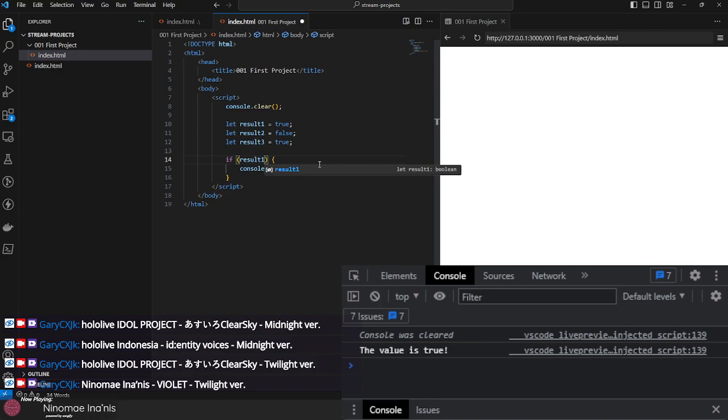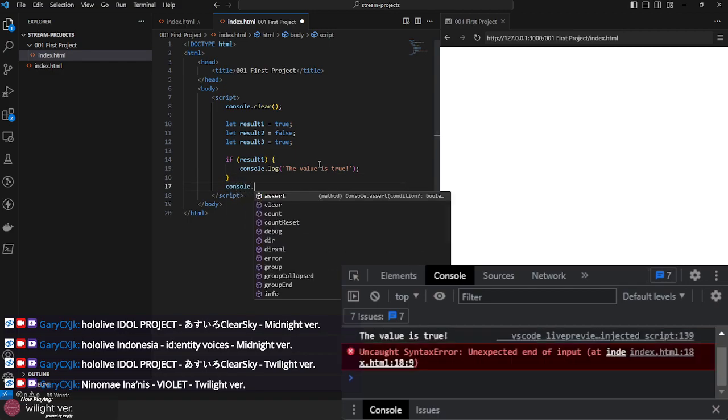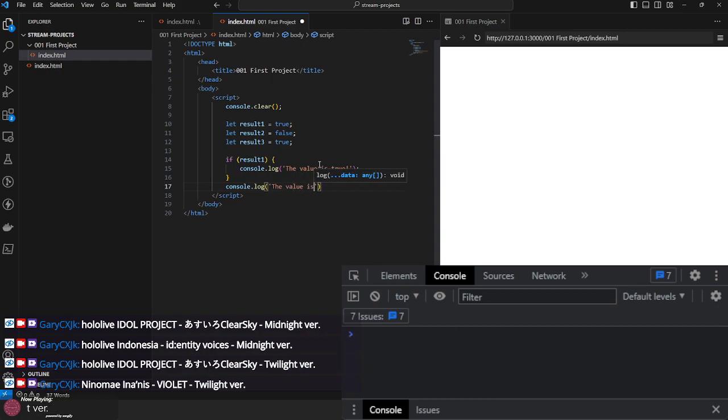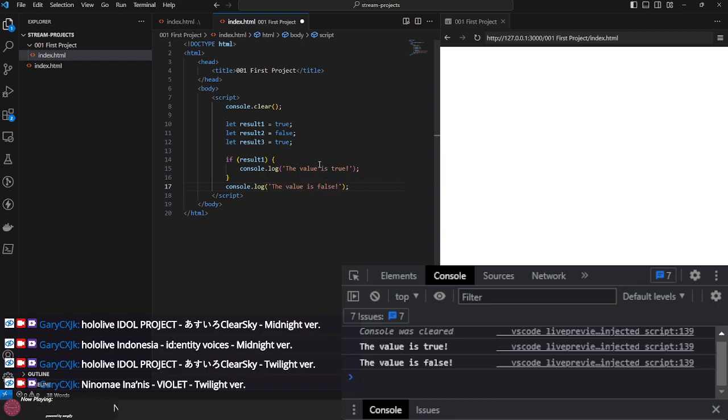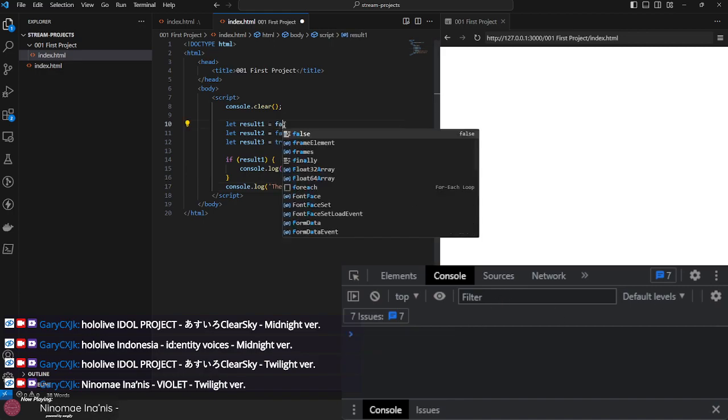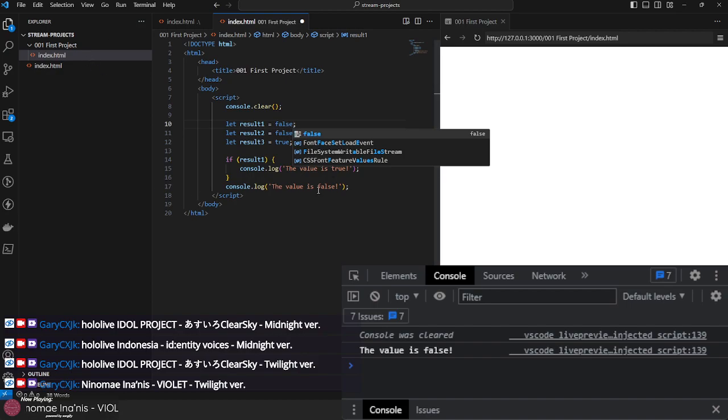So yeah, but what if we wanted to do something with this? This value is true, but we also want to show a message when that value isn't true. We can do console log the value is false. But right now we can see that both messages are displayed. If this is false, then only this message is shown, but